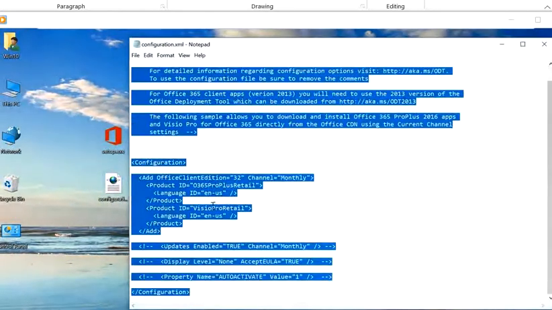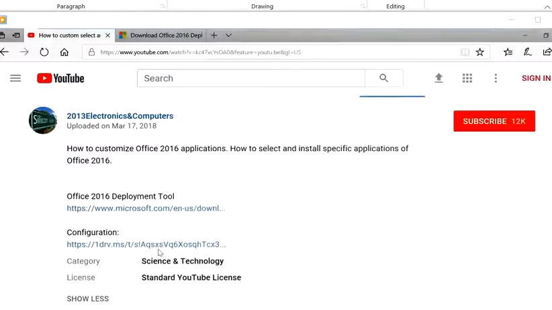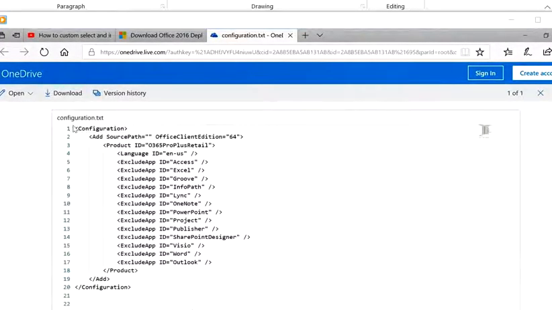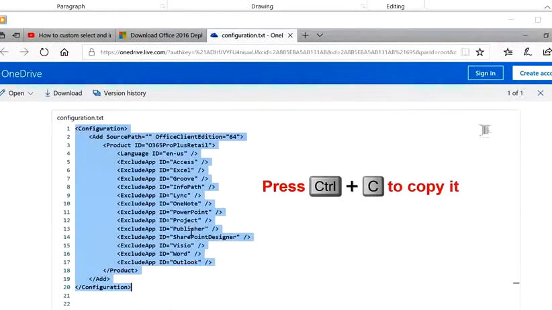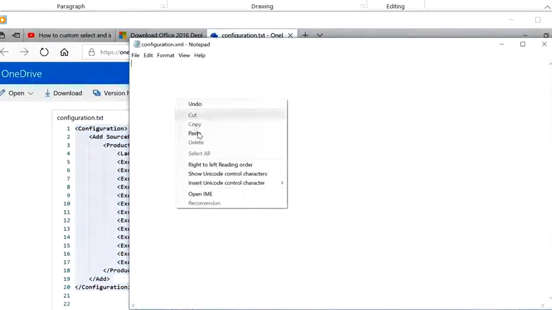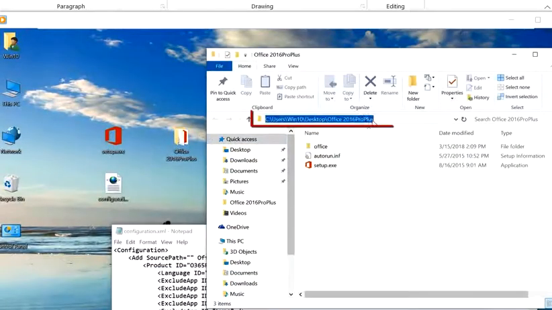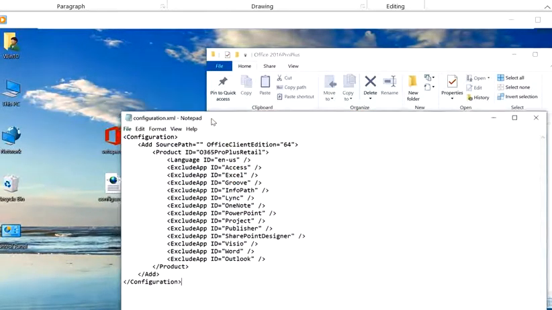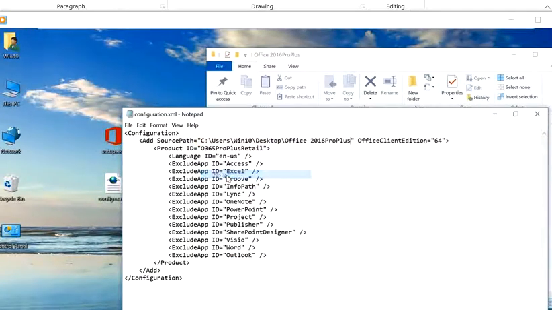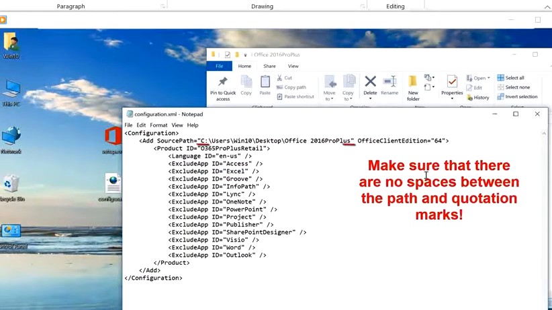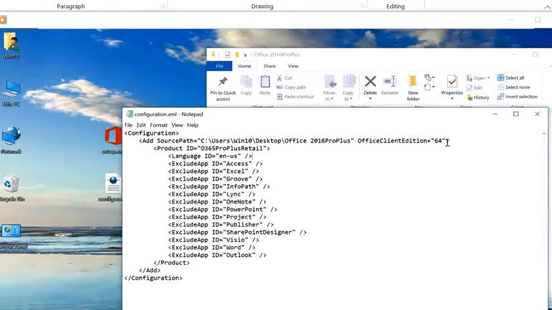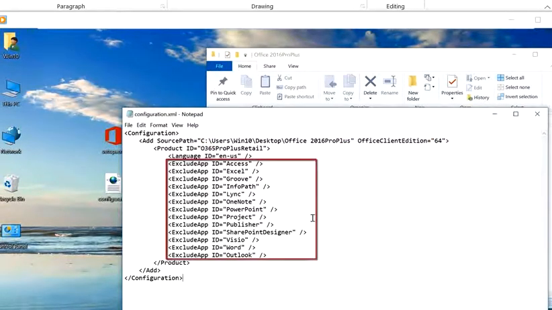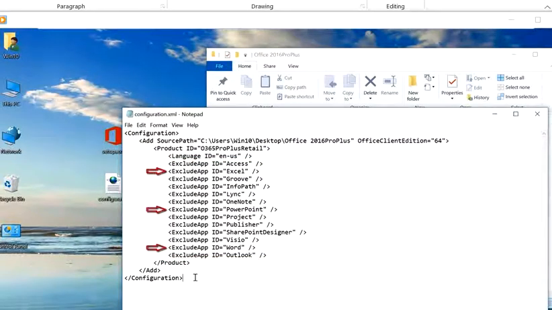After this, you have to edit the configuration file. So in this, you have to cut this file, and you have to copy the code that is included, using Control C, to copy the configuration details into your configuration file. Okay, after this, you have to copy this path, and that path you have to paste in your configuration file. So make sure that there are no spaces in the path, and you have to specify it clearly. So you are specifying the excluding files.